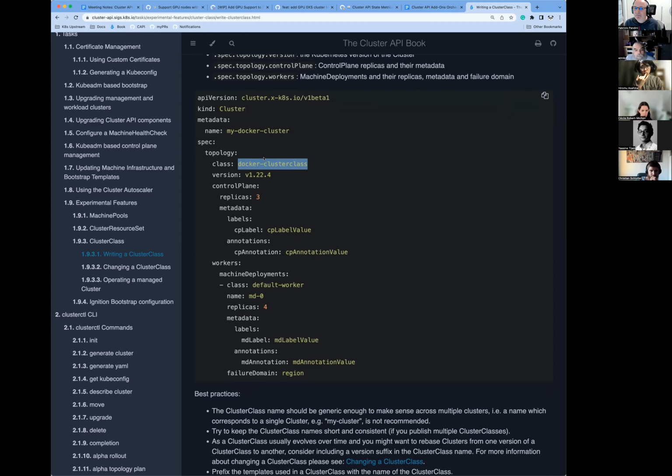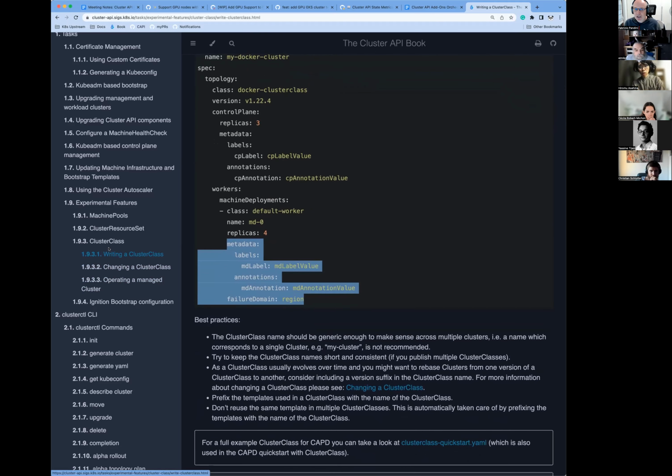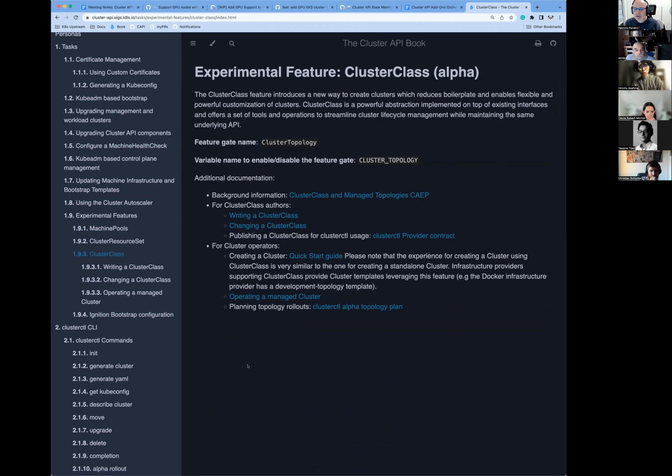You can have a variable, so you can basically pilot attributes for your machine deployment or whatever. And under here you find all the documentation and some examples. This is the feature I was suggesting you look at. So we can add a parameter for enabling GPU to here.